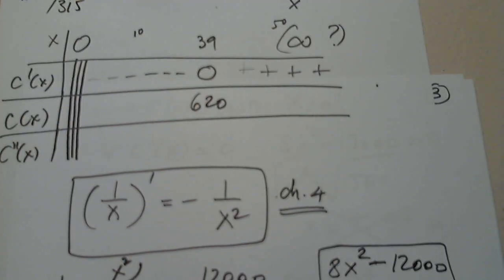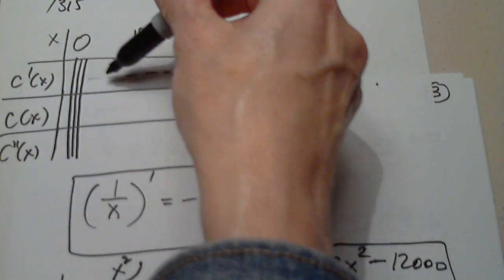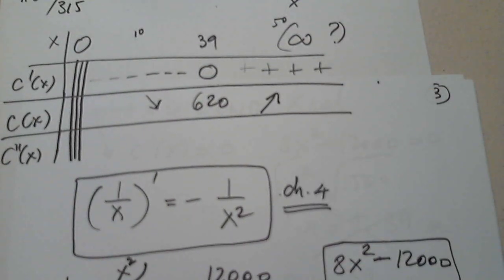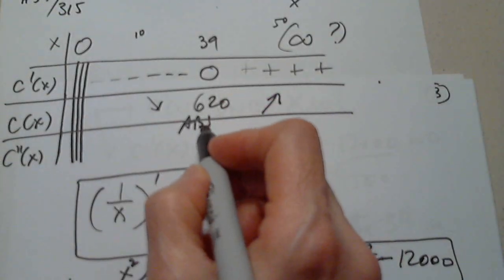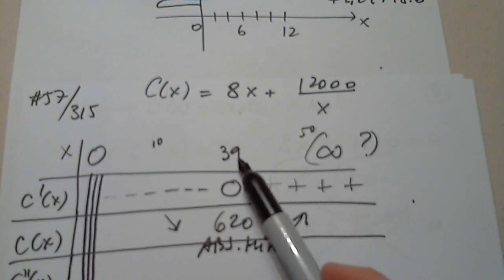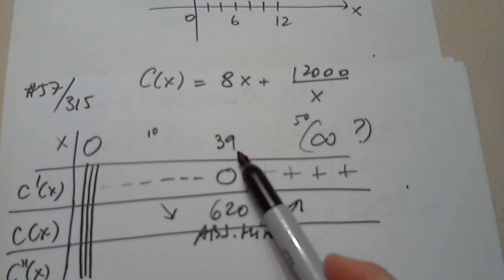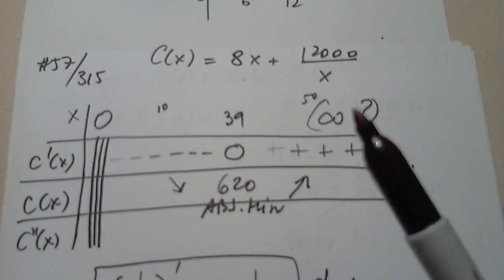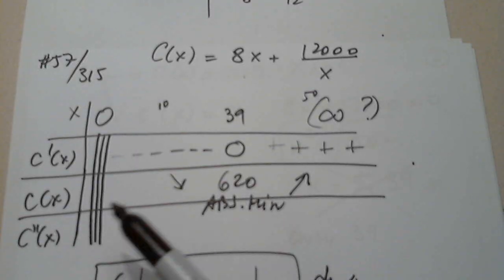So to the left, I have 1280, which is great because it decreases to 620. And on the other side, I have to have a number greater than 620, and I do. So I checked. It really is going down and then up. And I found the absolute minimum. So the minimum cost is when the side x is 39 meters, approximately 39 meters, and the total cost